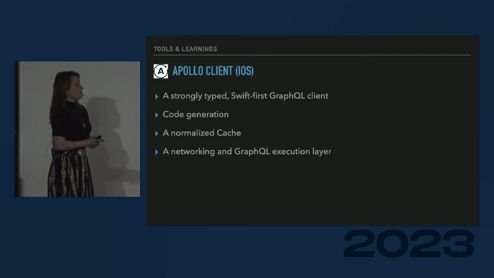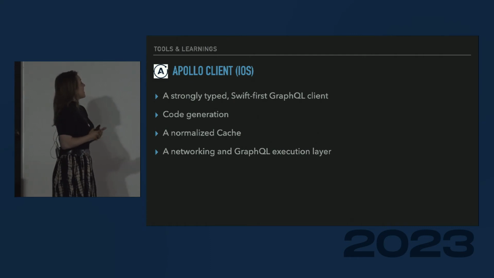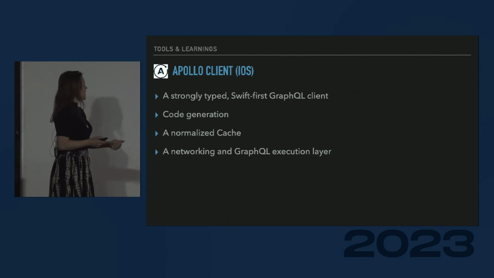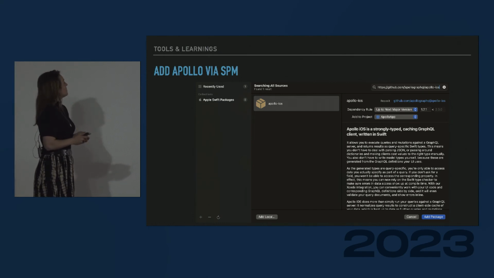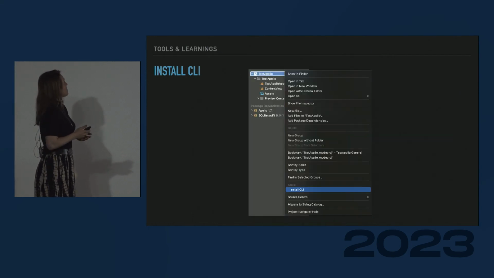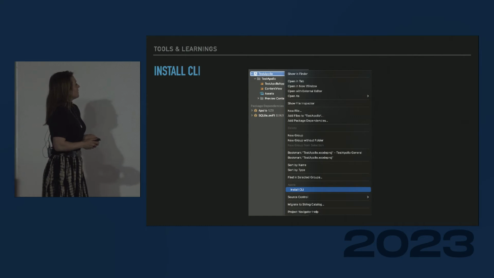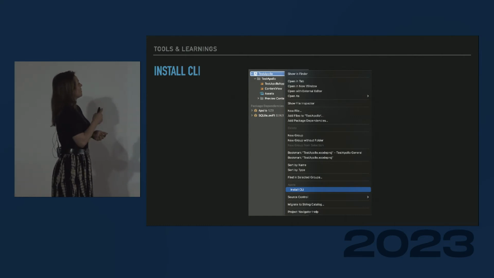One of the things that I like a lot is the code generation that it gives you, but it also gives you a normalized cache, and it also gives you the networking layer and the GraphQL execution layer. So it's relatively simple. You just add Apollo via SPM. Once you did that, you can select on your project the install command line tool.